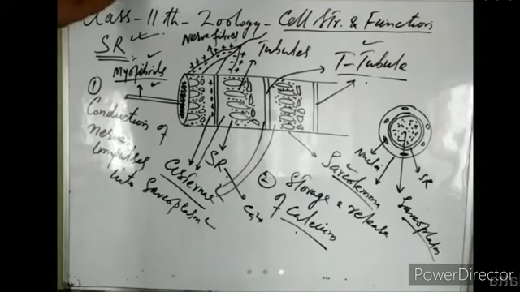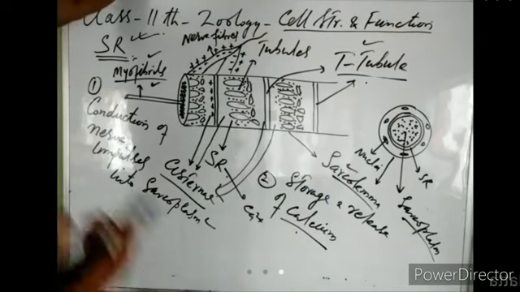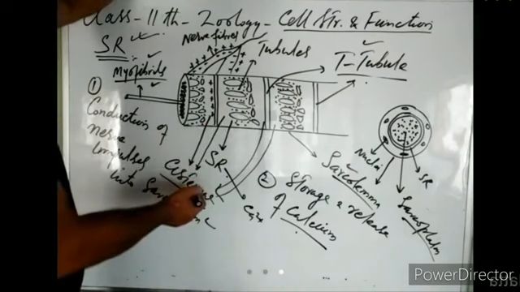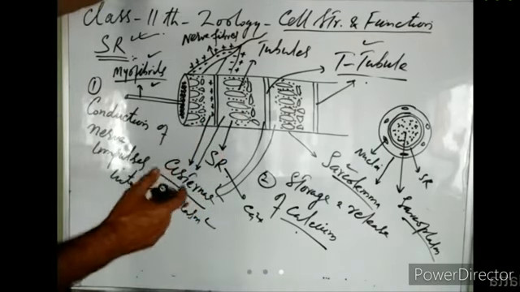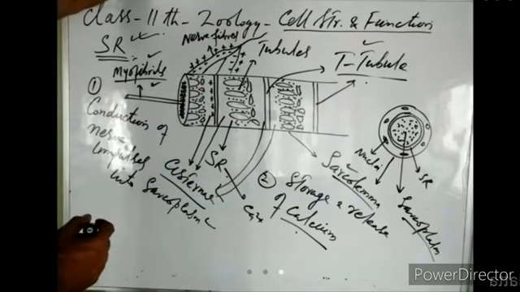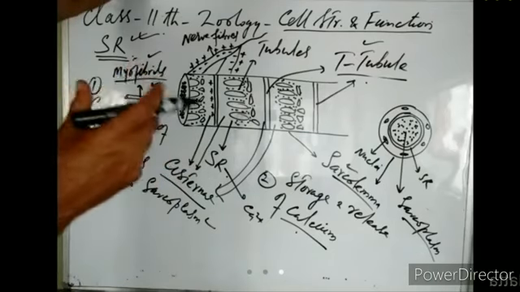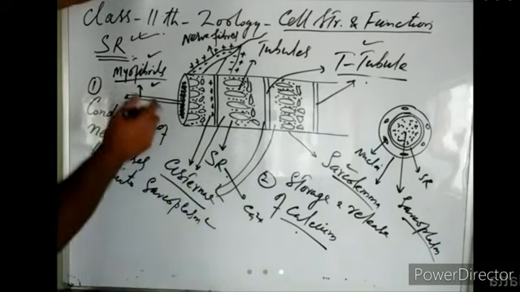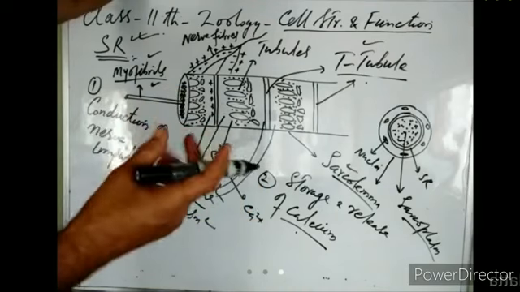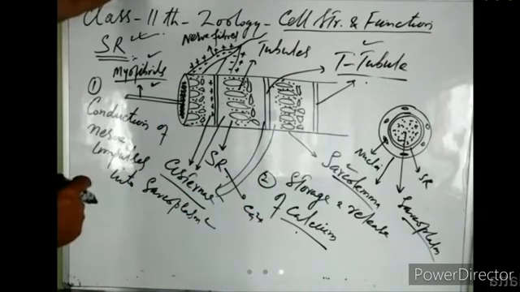So for contraction of a muscle cell, release of calcium is essential. Where is this calcium released from? This calcium is released from the sarcoplasmic reticulum. When does the sarcoplasmic reticulum release calcium? When the nerve impulses arrive. At that time, the sarcoplasmic reticulum releases calcium. That calcium binds to proteins of the myofibrils, and myofibrils start contraction. So release of calcium initiates muscle contraction, and calcium is only released when nerve impulses arrive.